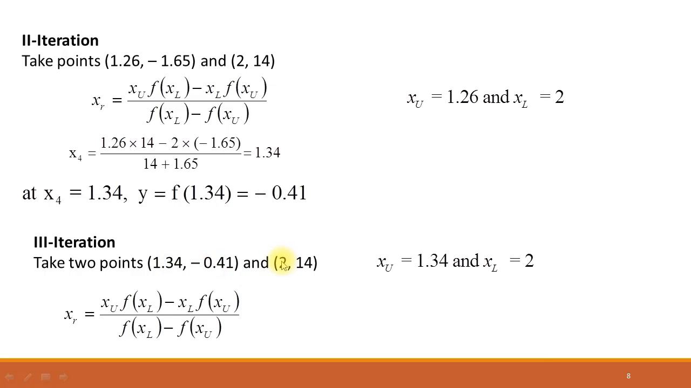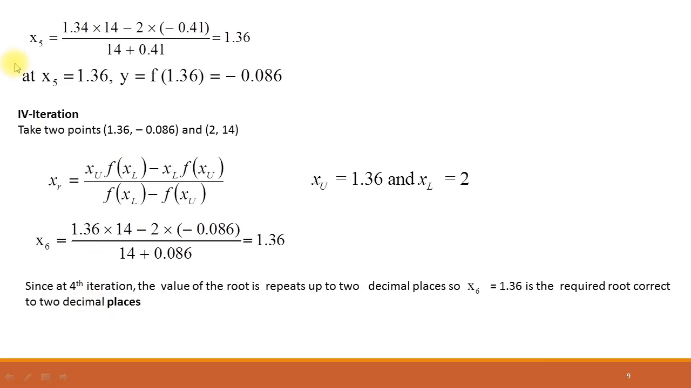Now this is another value of x, and this is the value of y. At x equal to 1.34, the function has a negative value, which is minus 0.41, and at x equal to 2, the function has a positive value, which is 14. So this represents the xu, and this represents the xl value. Putting in this formula, in the third iteration we obtain the fifth root of the function as